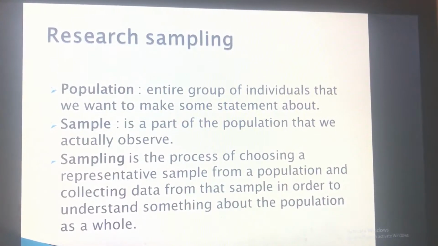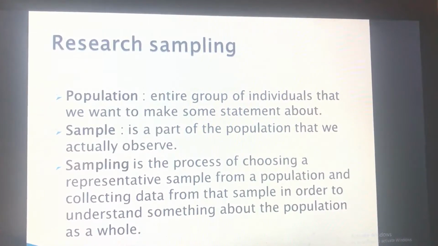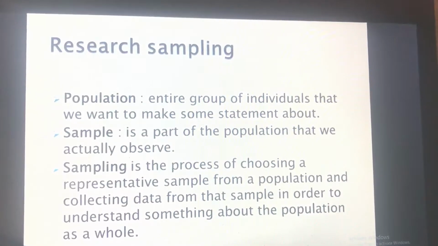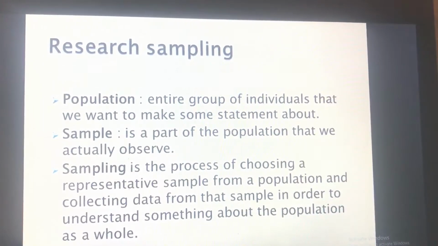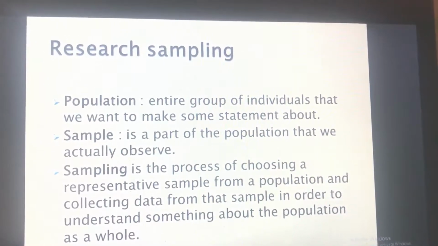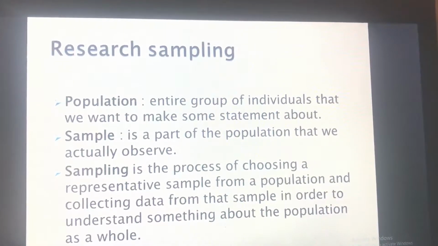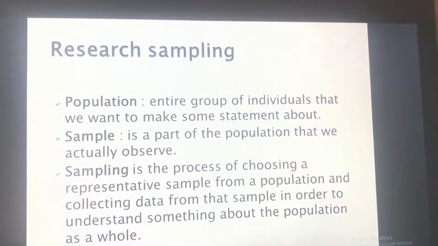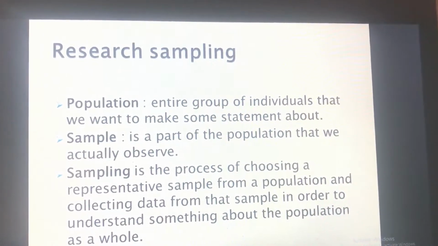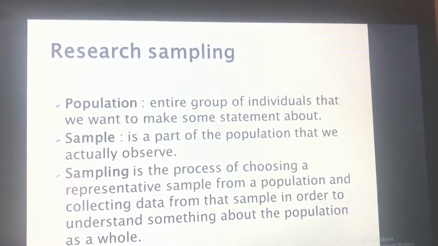It is that sampling. Before understanding sampling, you have to understand the population. The population is an entire group of individuals that we want to make some statement about. While a sample is a part of the population that we actually observe, and sampling is the process of choosing a representative sample from a population and collecting data from that sample in order to understand something about the population